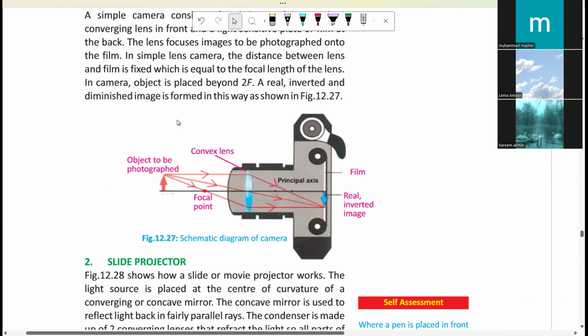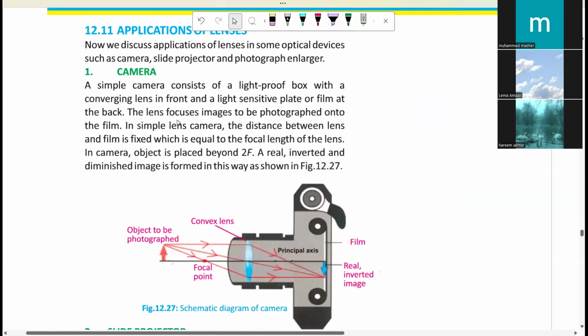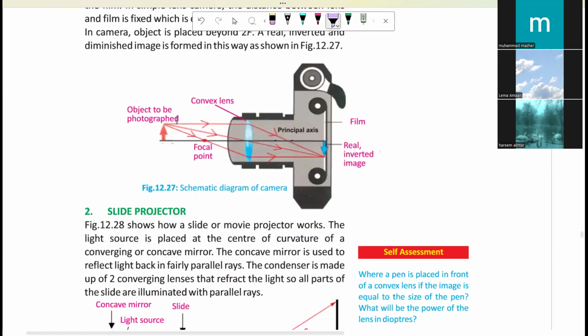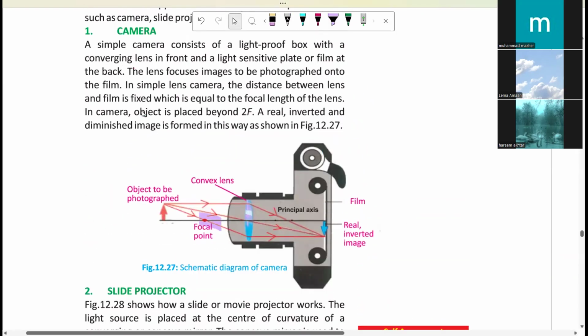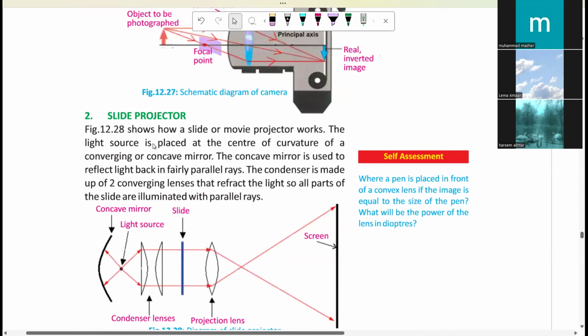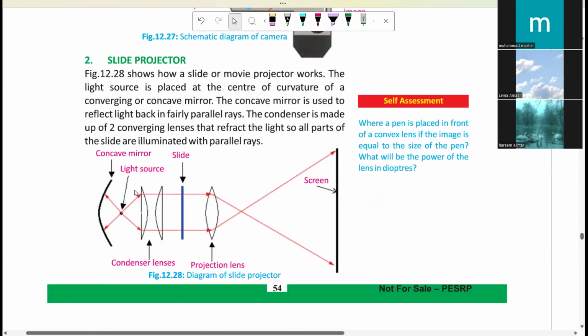वो कैमरा का हम लोगों ने कल डिस्कस कर लिया हुआ था कि how camera images are formed. मैंने आपको बताया था उसमें convex lens ही यूज होता है हमारे पास. Exactly the same: passes through the center, parallel to principal axis, passes through the focus, और हमारे पास जो images formed हो रहे हैं, images are real. जो projectors होते हैं उसमें भी real images formed होते हैं, और plano convex lens यूज हुए हुए हैं।